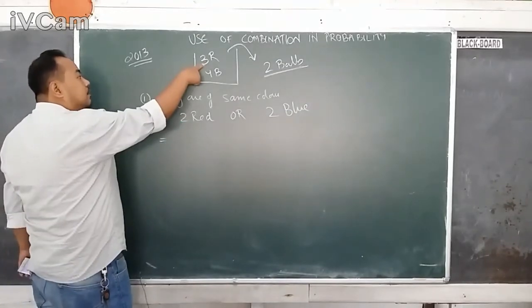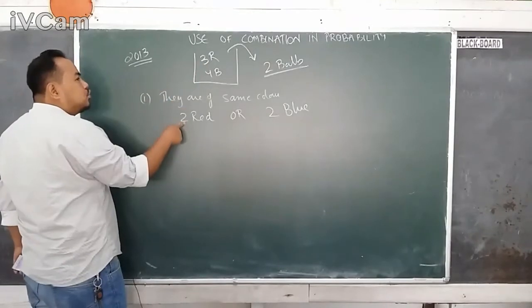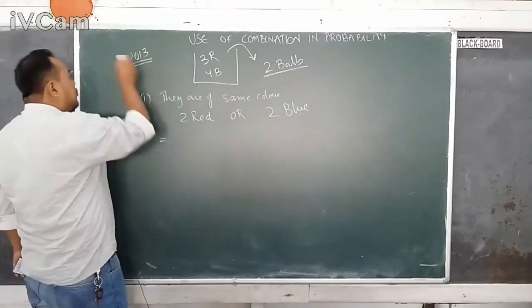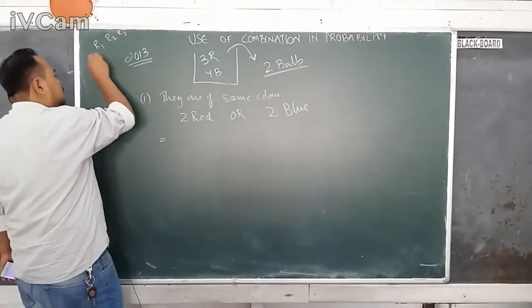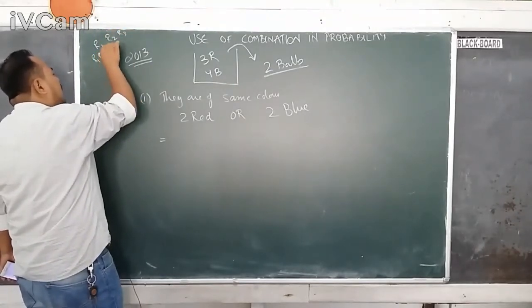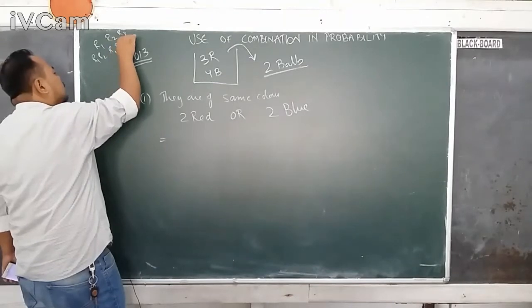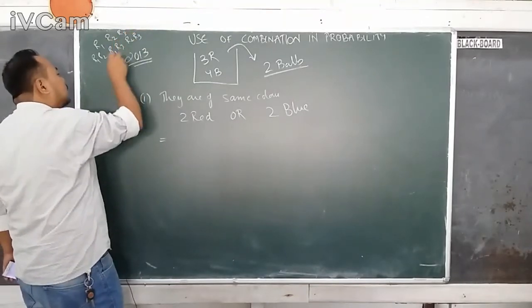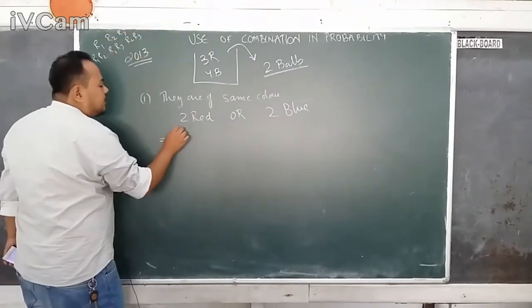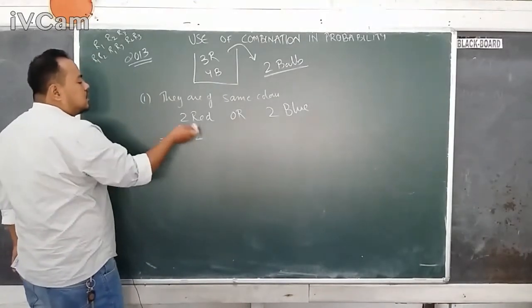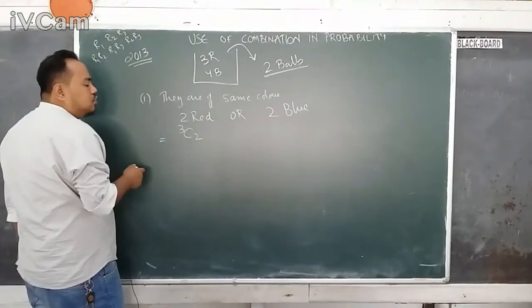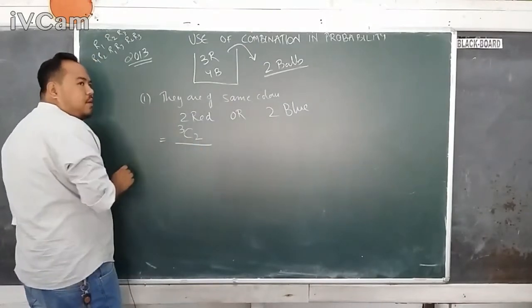So I need to choose 2 red balls. How many red balls are there? 3. Out of 3 I have to choose 2. So in how many ways can you do that? Remember the concept which I taught you, R1, R2, R3, we have to choose 2. So it's going to be R1, R2, R1, R3 and R2, R3. So instead of doing this, I taught you a direct formula. That is, there are 3 red balls out of which I have to choose 2, so 3C2 is the number of ways in which 2 red balls can be chosen, divided by, since it's probability,